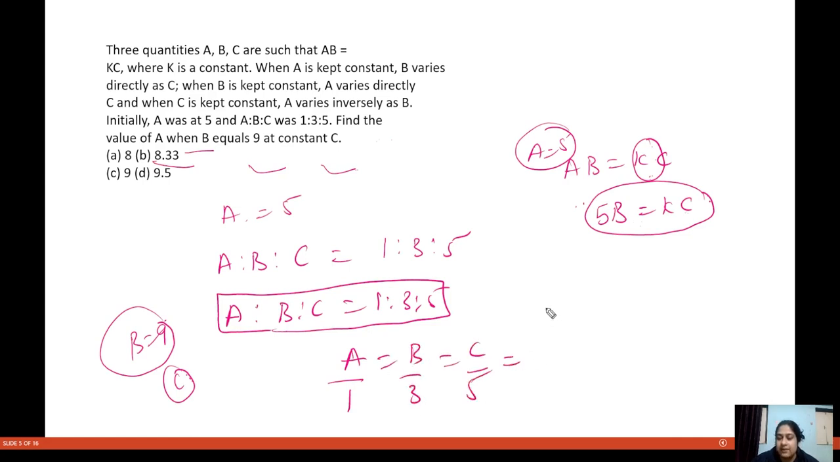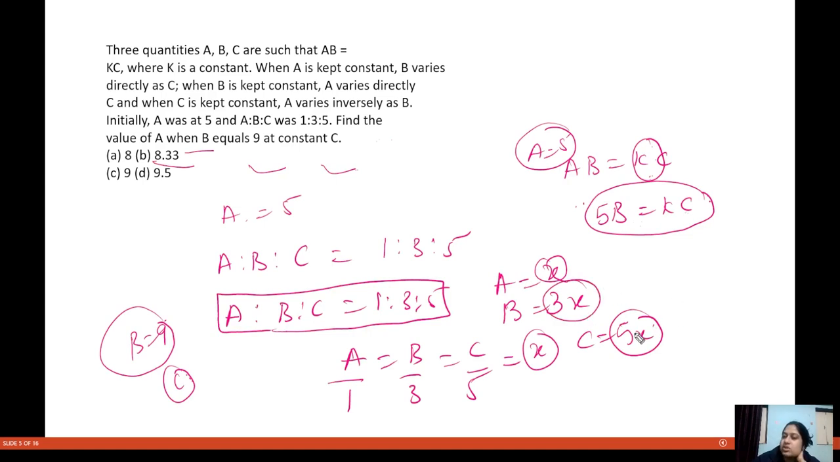A is equal to x, B is equal to 3x, and C is equal to 5x. A we have already put as 5, so B is becoming 15, and C is becoming 25. And if you put this here, even if you put 5b is equal to kc,